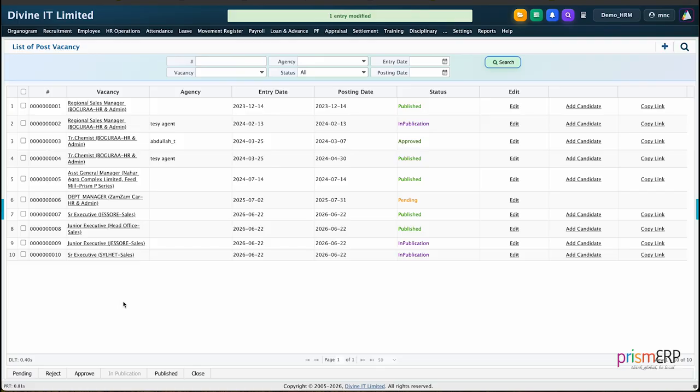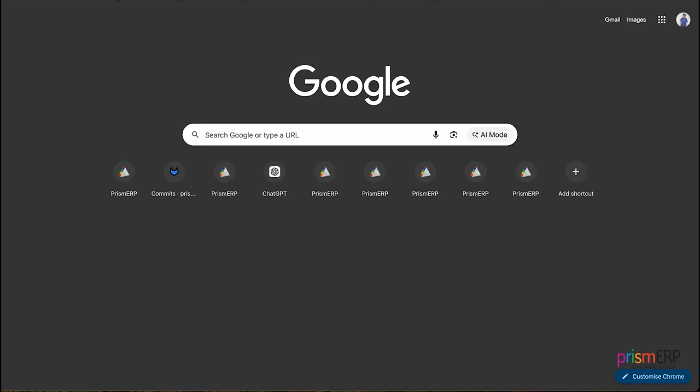After that, you can change its status to published, which means it has been published to the site and candidates can now apply. As you can see, two new options have appeared. One is add candidate, where you can manually add candidates, and other is copy link. If you copy this link, we can use it on other site